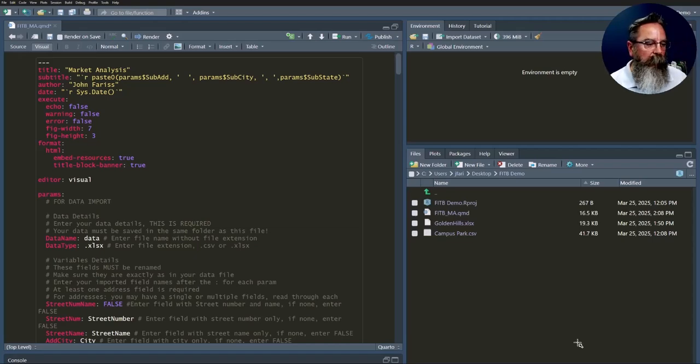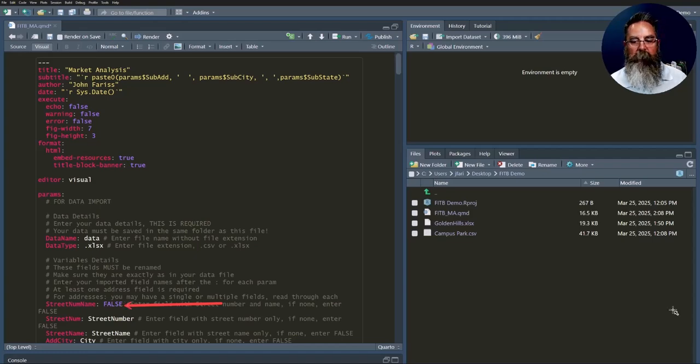Now, I've got instructions in most of the document, all these comments that are in here. For your data import, we need to specify our file name and the type of file. Is it a .csv or .xlsx? Those are the only two file types that this will work with. And then we need to go through and tell the code exactly what your field names are. And we'll have to match some of those up. We've got some that you may or may not have, in which case we'll need to enter false in some